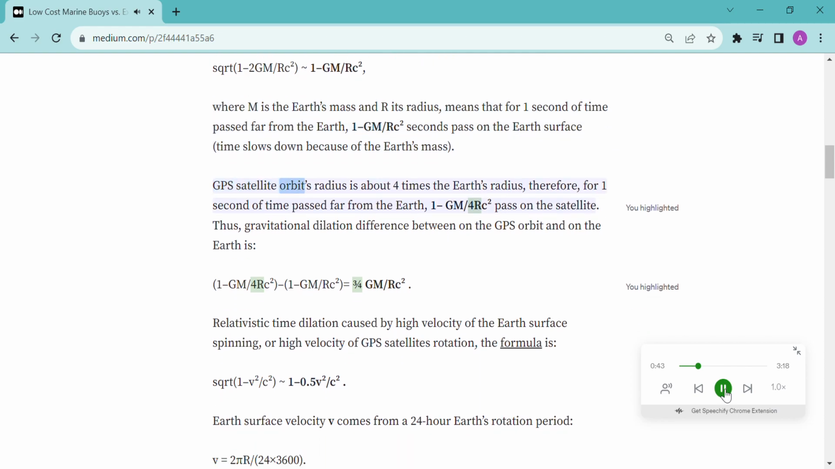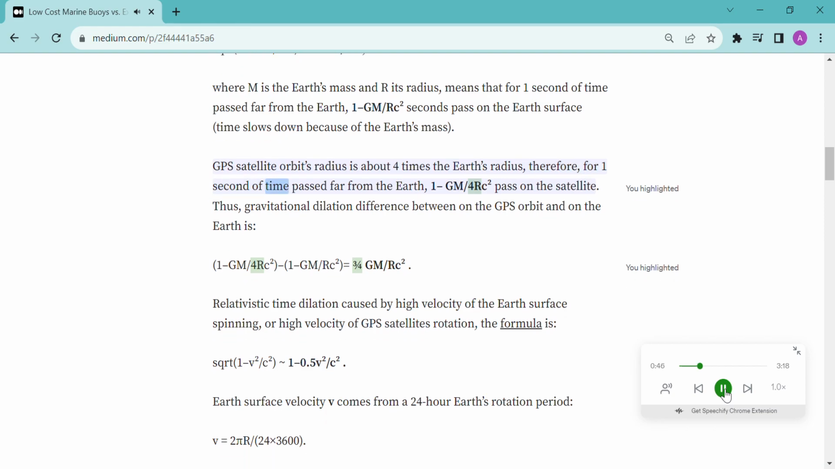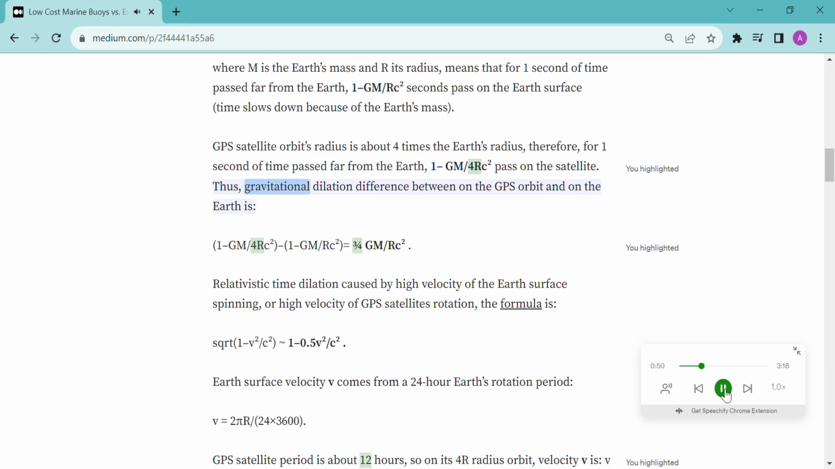The GPS satellite orbit's radius is about 4 times the Earth's radius. Therefore, for 1 second of time passed far from the Earth, 1 - GM/4rc² seconds pass on the satellite. Thus, the gravitational dilation difference between the GPS orbit and the Earth is